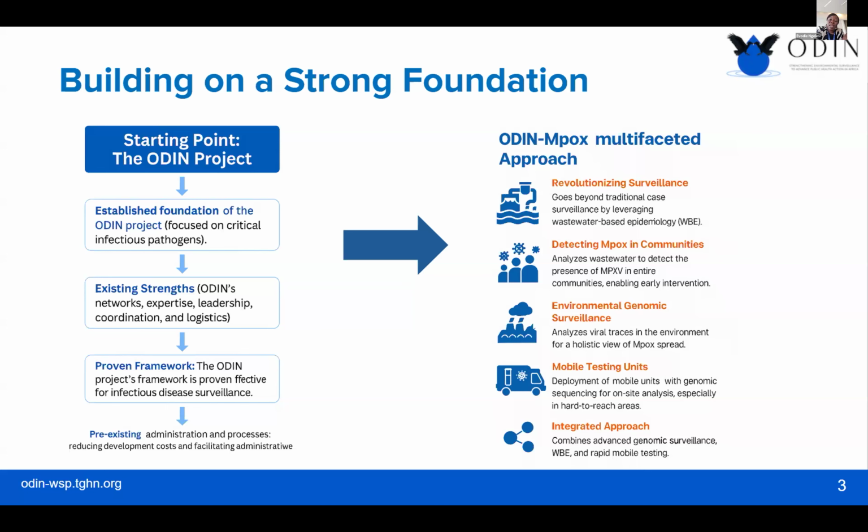We didn't have enough means to manage everything, and our sub-Saharan public health systems are so vulnerable. So it was very urgent to move from ODIN to ODIN Mpox. ODIN was the foundation on which ODIN Mpox started,